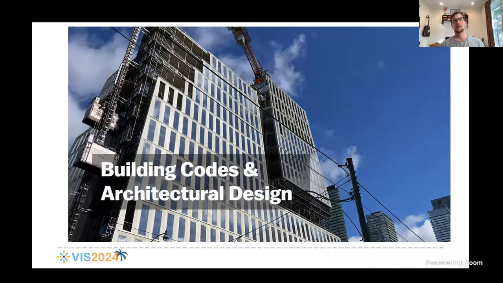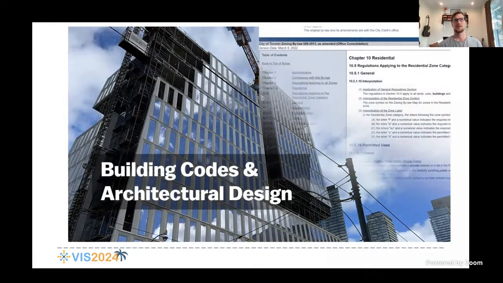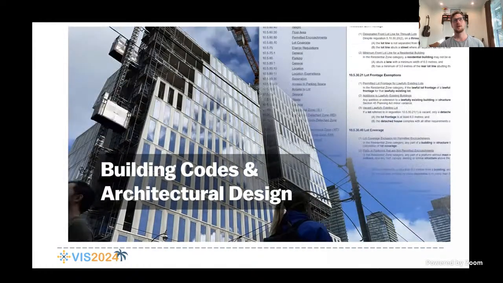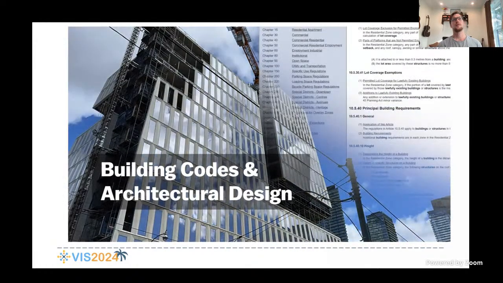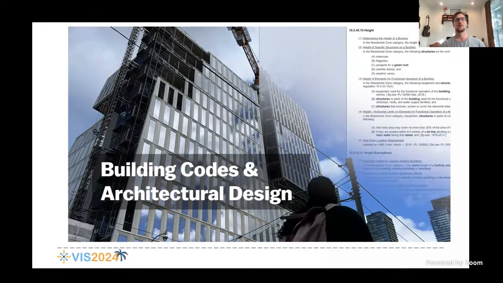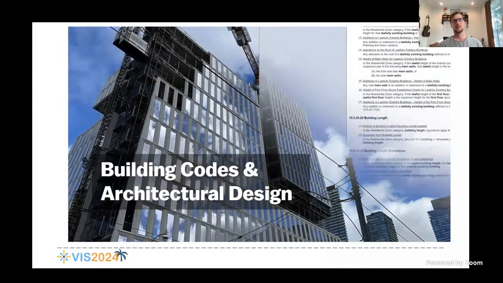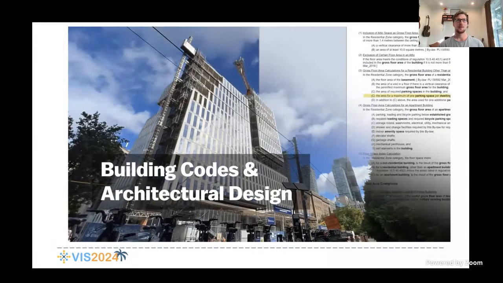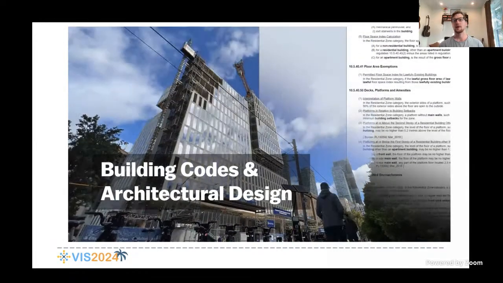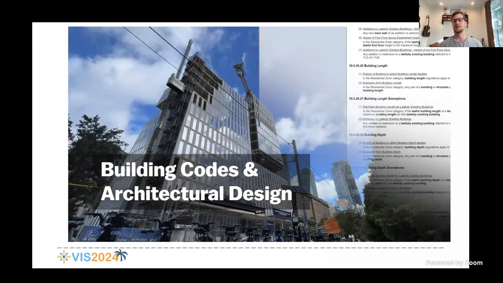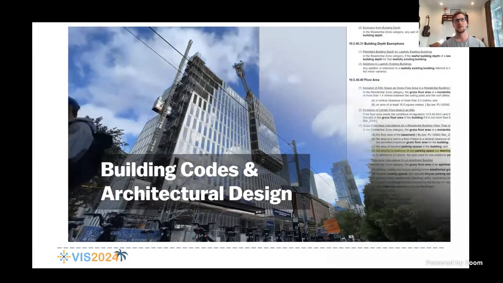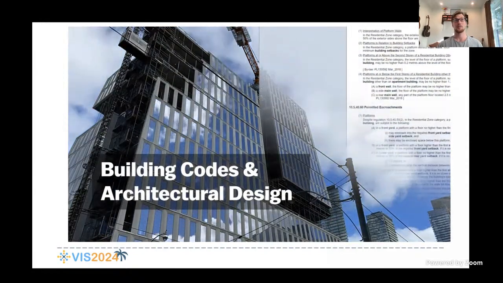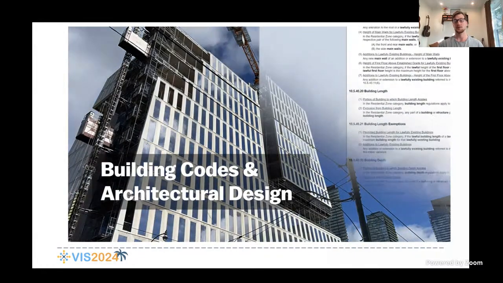Building codes are laws that regulate the construction of buildings so that they're safe, accessible, and sustainable, among other factors. Prior to construction, architects submit architectural drawings to authorities who evaluate whether those drawings and plans comply with the building code laws. This process can be really inefficient and can be a huge strain on the industry. Part of the reason why is that building codes are often written in ambiguous language so that authorities have some leeway to judge the unique particularities of any given project that would be pretty hard to anticipate otherwise. As a result, architects spend a lot of time negotiating, interpreting, applying, and communicating about building codes with officials and other parties.